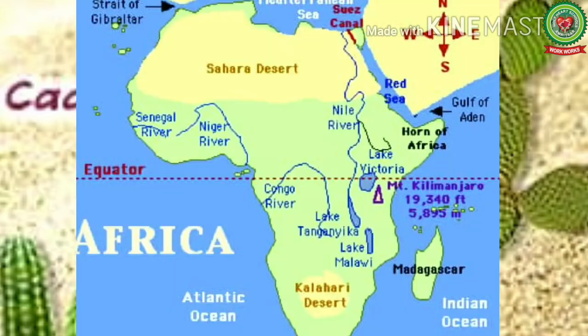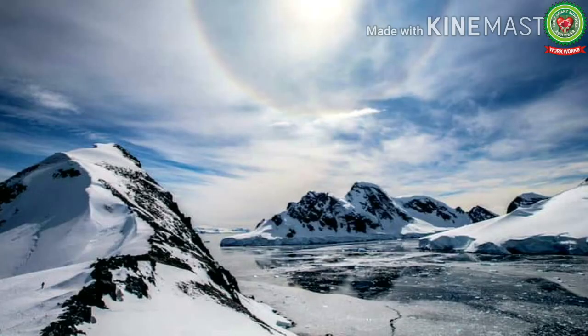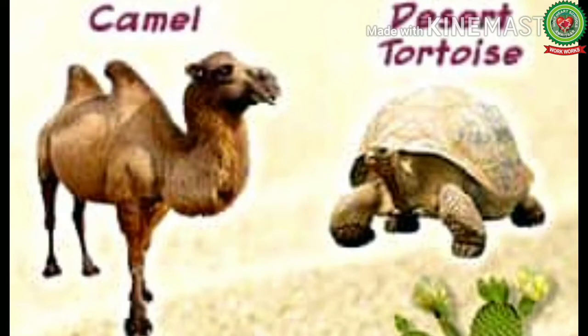The Sahara Desert is the largest, hottest desert in the world, whereas Antarctica is the largest cold desert on the earth. 20% of the world land surface is desert. Plants and animals with special features survive here. In today's video, we will be discussing the important plants and animals that are found in the deserts throughout the world. So let's start with fast sand rat.